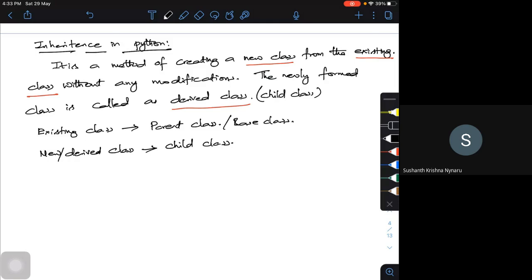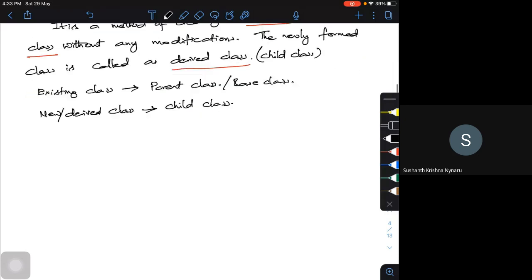Say for example, I have already defined that particular function, and I'm going to create a class. Those are already built in, so I want to reuse the same thing again and again. When I want to reuse, this is enhancing the reusability of the code. So we do not have to write the same code repeatedly.